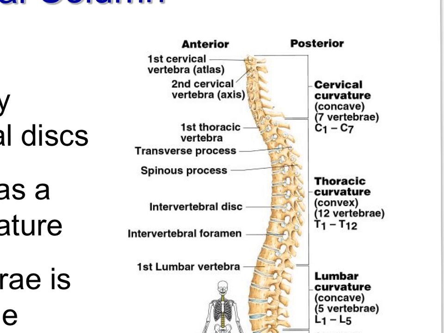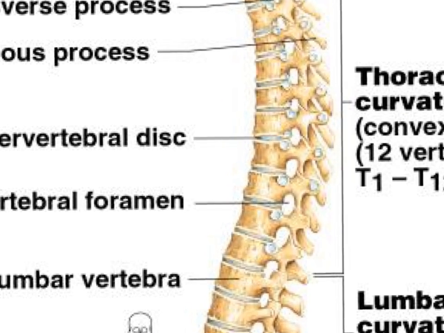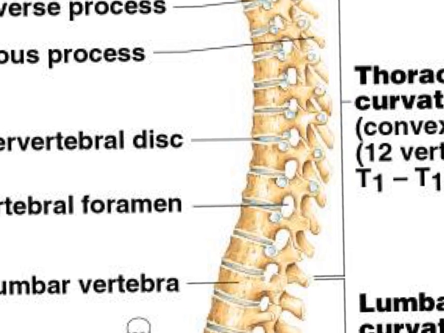Okay. You're also labeling down here in the thoracic section the intervertebral disc. Intervertebral, between vertebra, that's the disc right there. There is this called the intervertebral foramen, and I'm going to enlarge that again so we can look at it a little closer. So if you look, here's one disc here, and it comes out, it's hard to see